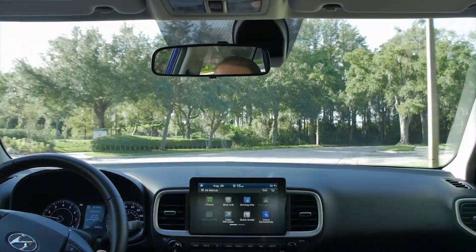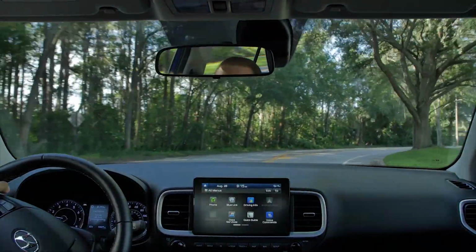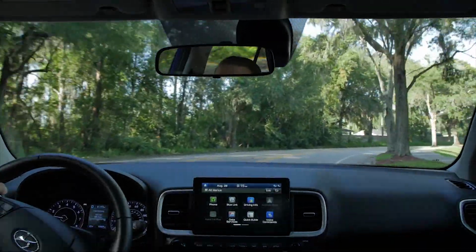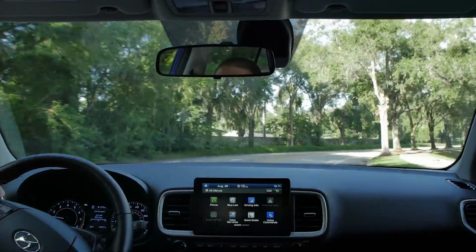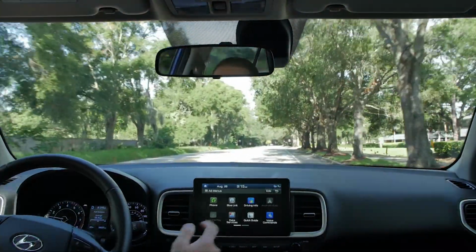Now, you might think I would complain about that. I love manual transmissions, and CVTs are usually not my favorite transmission, but this one is frankly excellent. It's so good, I actually thought this was an automatic when I first hopped into the car. I'm going to give it a burst of acceleration now,